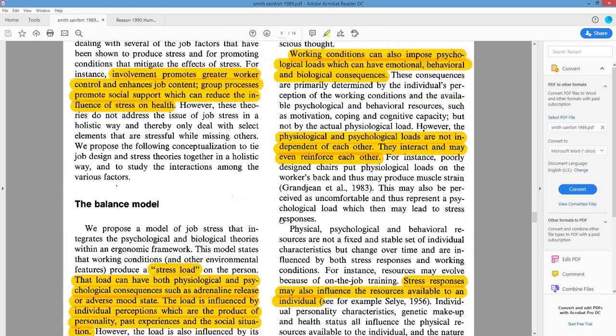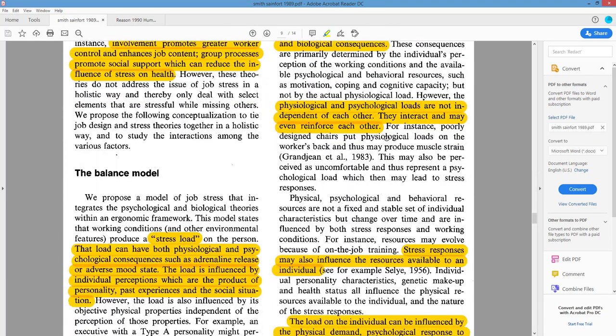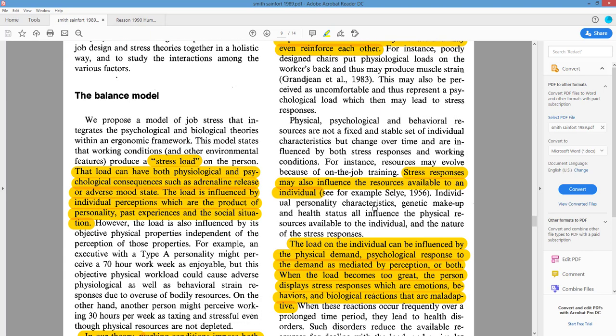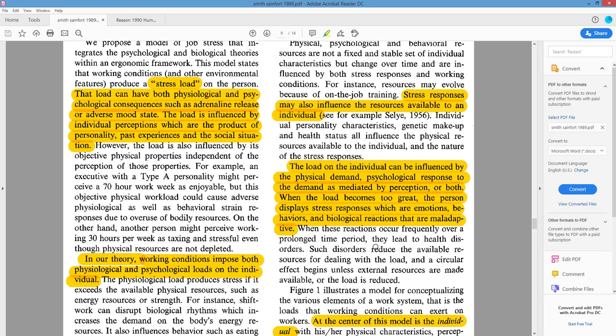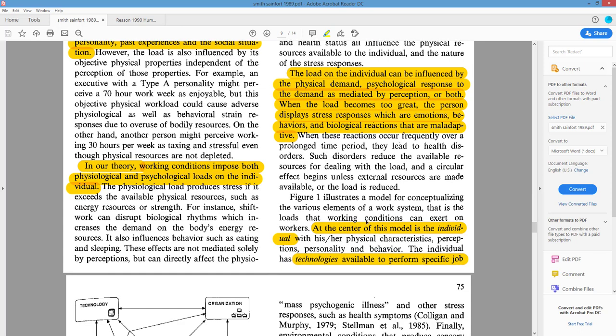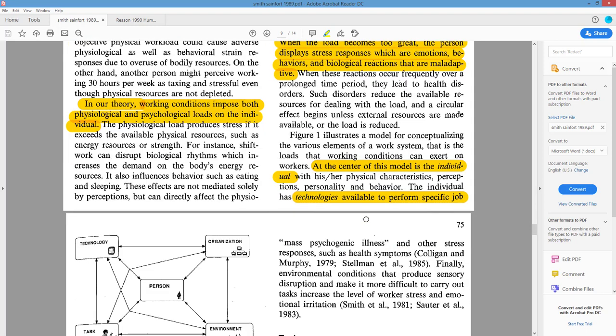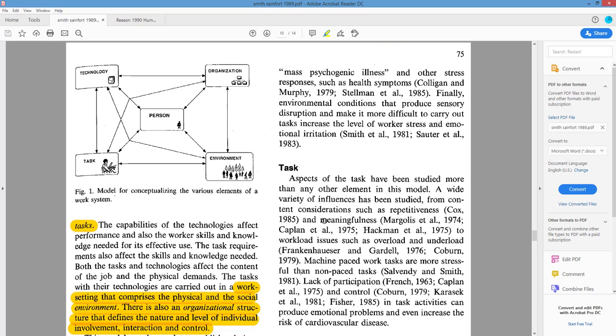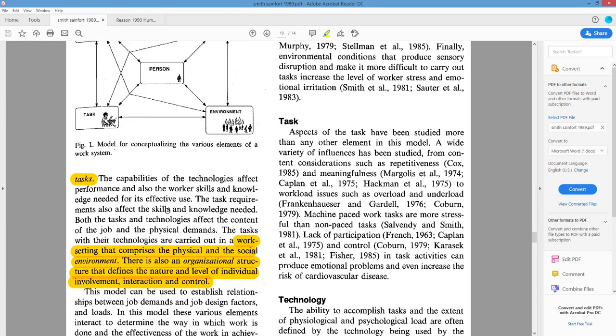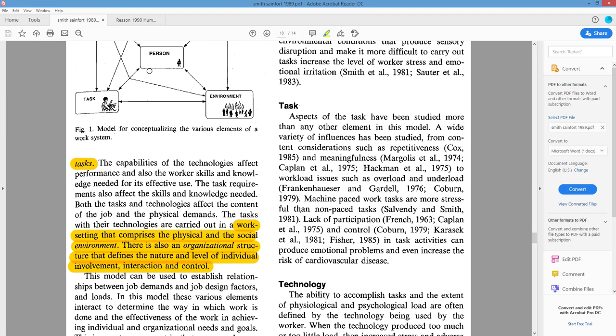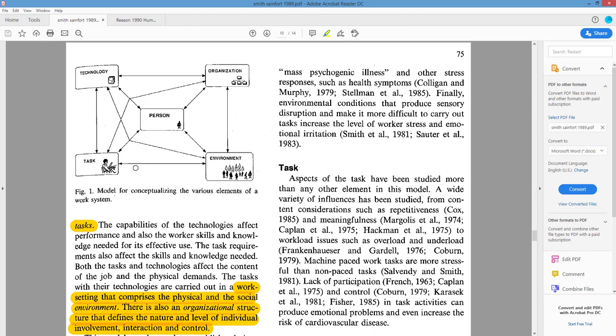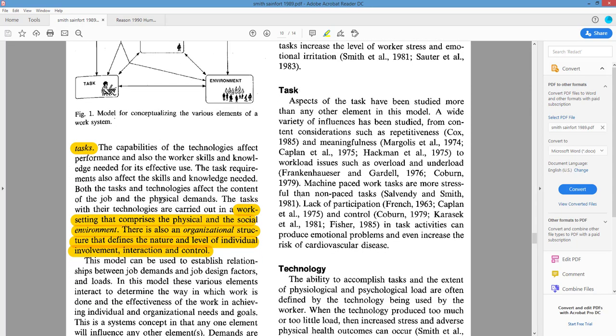And that's why I always try to look past the worker when I do an accident investigation. It's because they are being influenced by the work system itself. So as a manager or as a designer, I should be able to look at these other factors and realize that maybe they slide out of tolerance or something under certain conditions, and therefore there's an additional chance for either exposure or severe injury. So here's the basic picture of it, and all these things are interacting, all affecting the person. But the person can enact some influence into these things as well, depending on what sort of autonomy they're given, what the job design allows them to do.